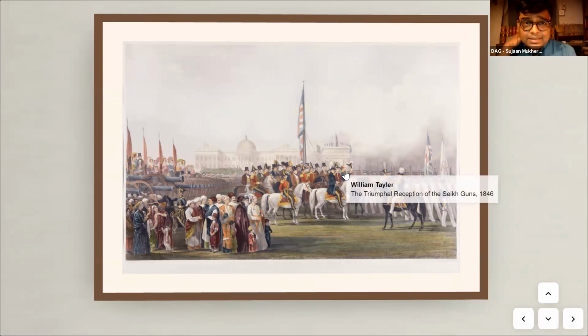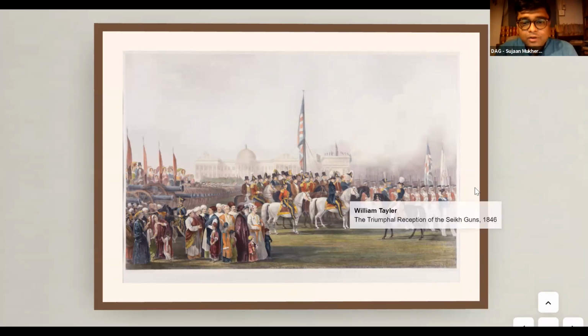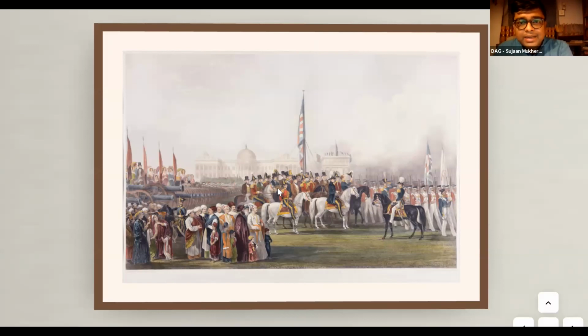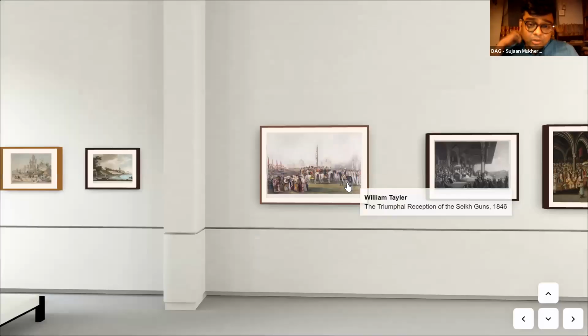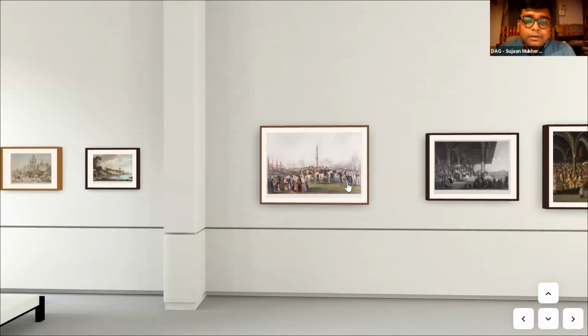This particular work was created by William Taylor, who again had this habit of constantly visually documenting everything. He later said, "I've documented everything right down to the smallest pin that I saw lying around." So he was an obsessive sort of archivist, documenter of everything that he saw. And the reason why this particular work is there is that apart from telling this interesting story about the technological advancements among Indian militaries as well,